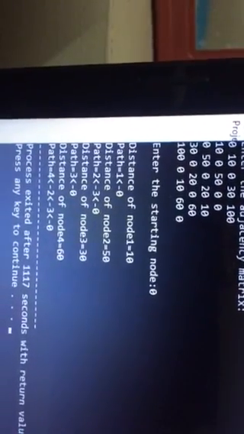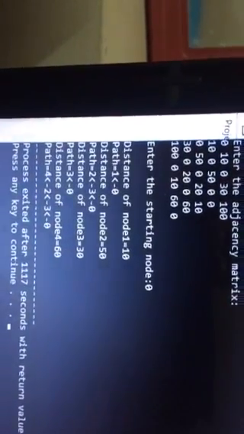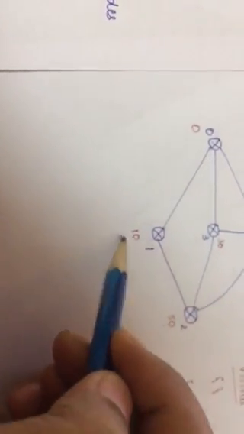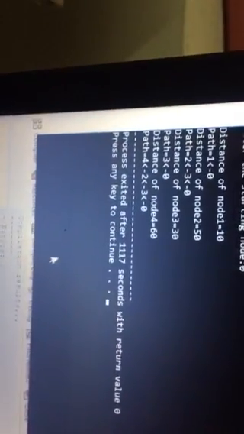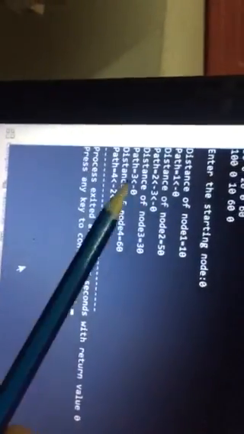So from node 0, what is the best way to reach node 1? It is 10. So remember this 10. Observe here, the best way to reach node 1 is 10. How have you reached? I have reached from 0 to 1. So that is shown here. The path, I told you, you have to read it from the right side, not from the left side. It is 0 to 1.